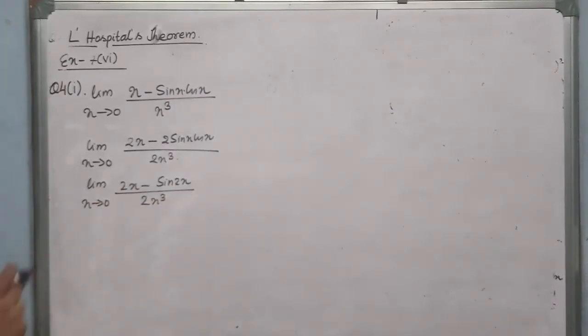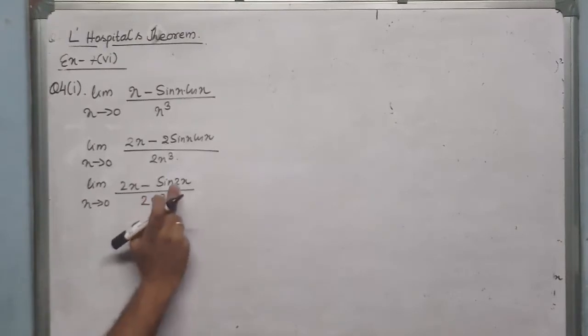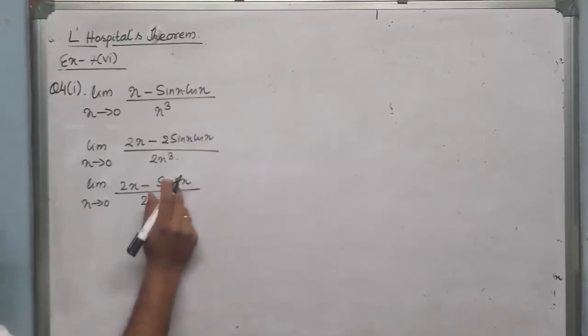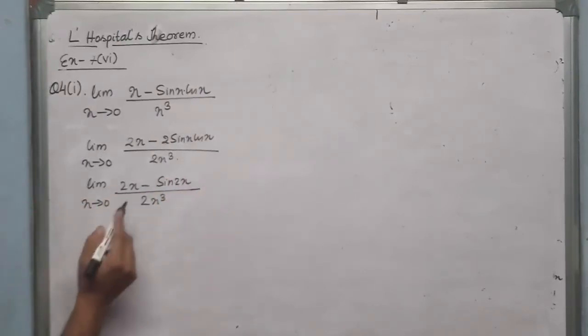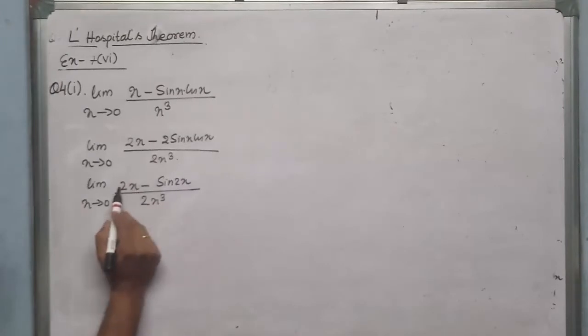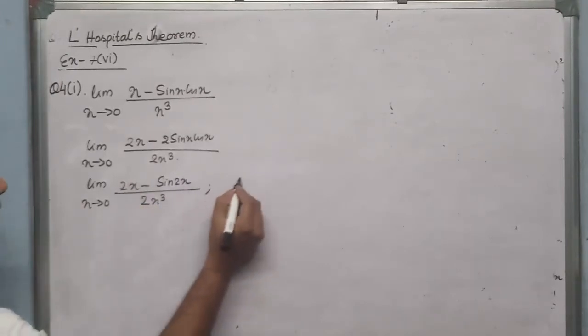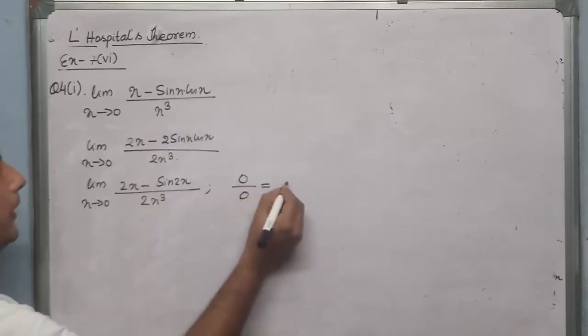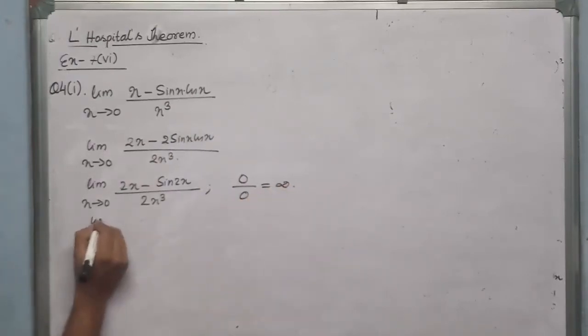Now I'll substitute x tends to 0. 2 into 0 is 0. Sine 0 is 0. Then what we will get? Sine 0 is 0. 2 into 0 is 0. 0 cube is 0. 0 into 2 is 0. Undefined. Then using